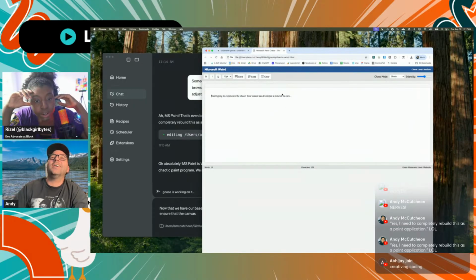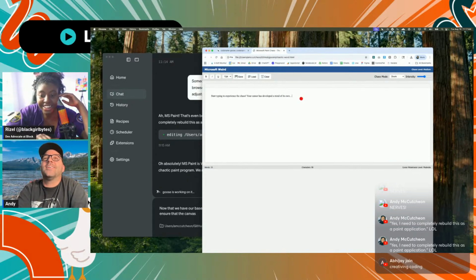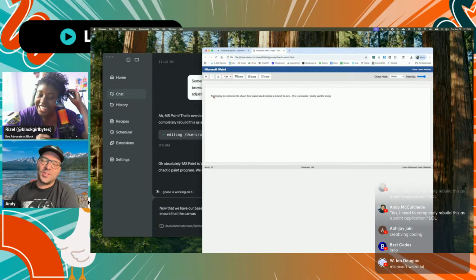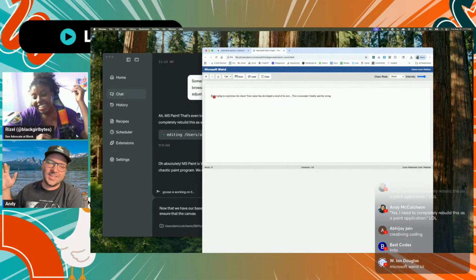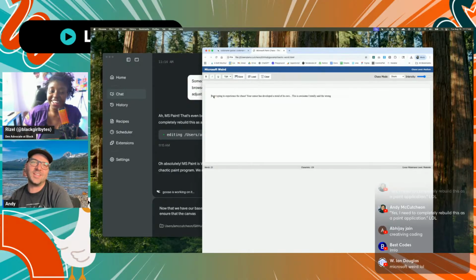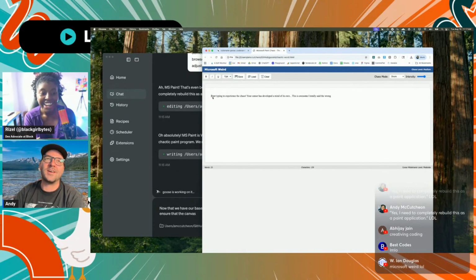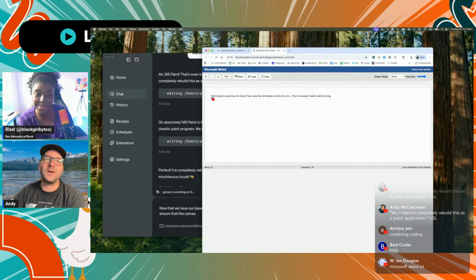So start typing. Oh, this is awesome. I totally said the wrong thing. It looks like the cursor is sort of following me around, but we definitely misprompted, which is so ironic. The fact that I was like, let me use this recipe to make my prompt better, and then completely take us off the rails by doing a completely different application. So shout out to me for that fourth cup of coffee. You made it funnier. That's all right.